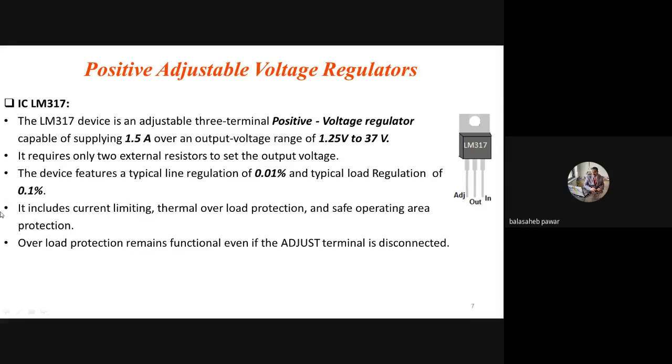Now another feature of this IC is, you will observe, the typical line regulation is 0.01%. How line regulation and load regulation are determined, we already discussed in the previous lecture. Line regulation is nothing but delta VO by delta Vin, the change in the set regulated output voltage divided by the change in input or supply voltage. If there is variation in supply voltage, that is 230 volt RMS, I think last time I took one example.